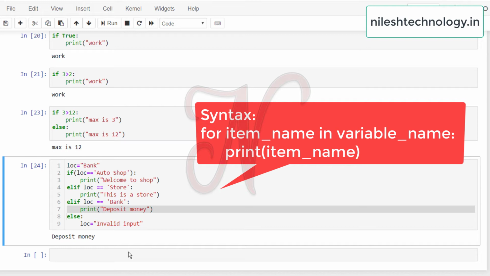This item_name can be any variable you want, and this variable_name is the predefined list or predefined collection, such as a string, list, set, or tuple. So this is the syntax.